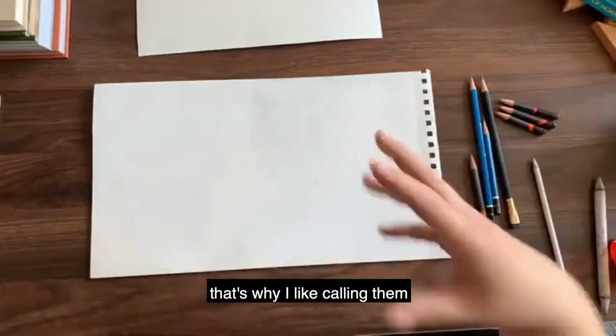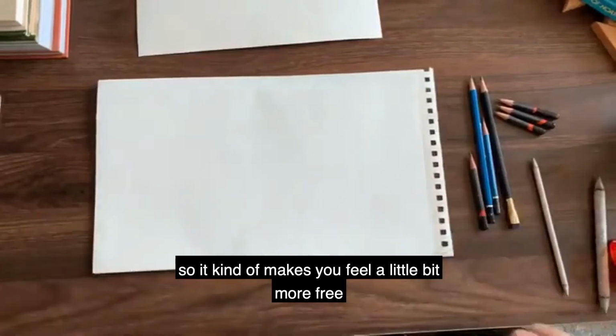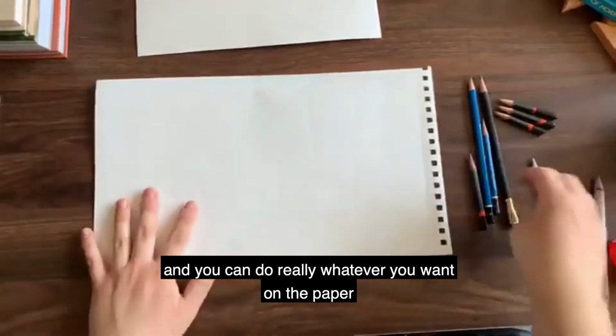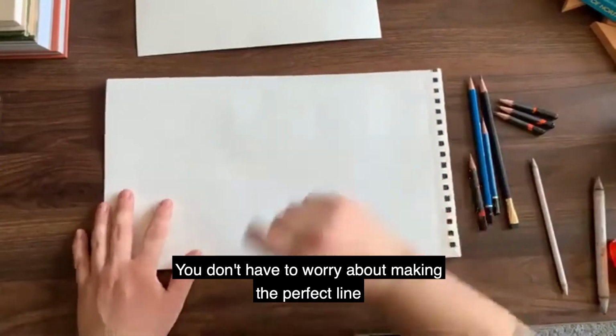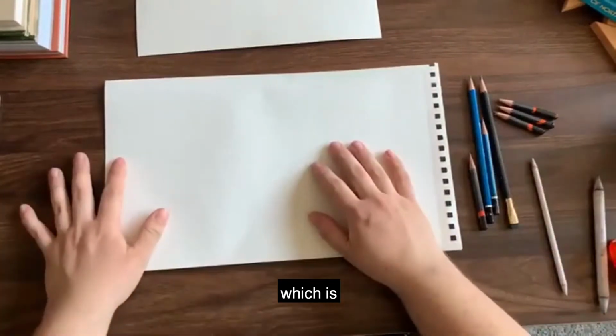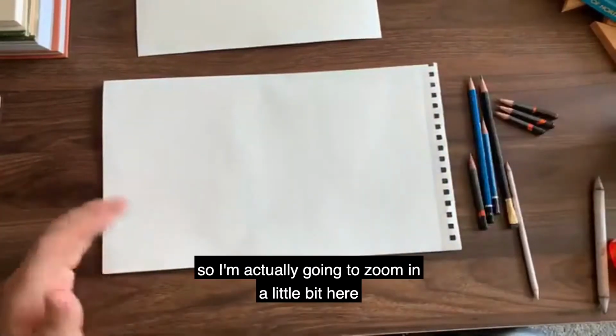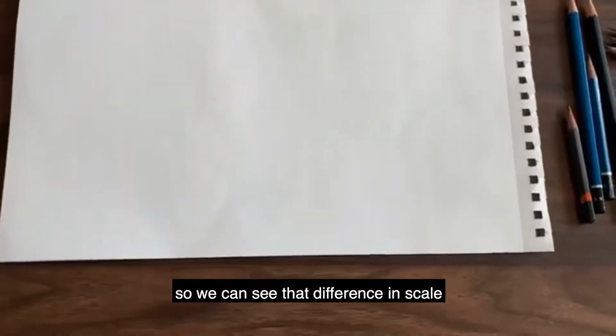That's what I like calling them. It's not a precious piece of paper, so it kind of makes you feel a little bit more free, and you can do really whatever you want on the paper. You don't have to worry about making the perfect line because it's more of a practice and a process piece, which is great. So I'm actually going to zoom in a little bit here